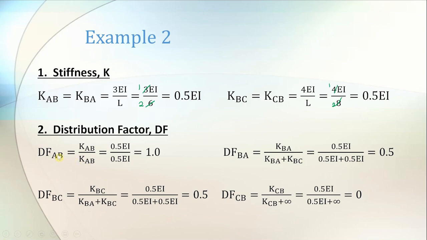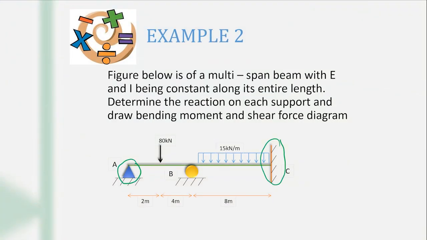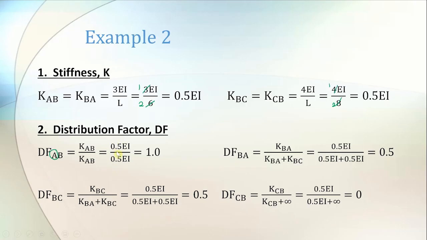Dekat support A ni, you look at the first alphabet, support A ni just ada satu beam saja, which is beam AB. That's why 0.5, then you just divide with the same value 0.5 EI,